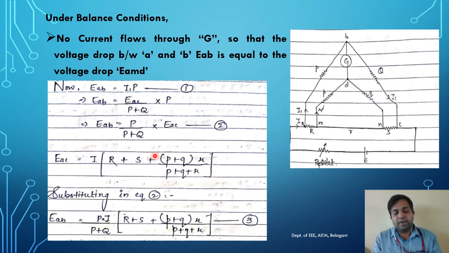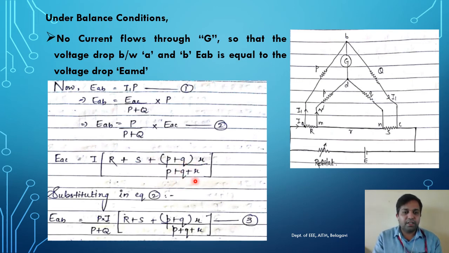So if you want to simplify any two resistances which are connected in parallel, what are we going to do? Suppose R1 and R2 are connected in parallel with each other. From the parallel formula, what are we going to write? R1 into R2 divided by R1 plus R2. Similarly over here, P and Q are connected in series, and that combination is in parallel with this resistance. So we apply the parallel rule over here, and if we simplify it, we get this form: (P plus Q) into R divided by P plus Q plus R.